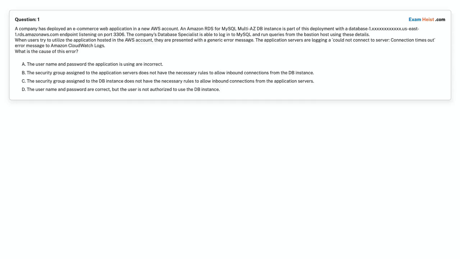Question 1. A company has deployed an e-commerce web application in a new AWS account. An Amazon RDS for MySQL Multi-AZ DB instance is part of this deployment with a database endpoint in us-east-1 on rds.amazonaws.com, listening on port 3306. The company's database specialist is able to log into MySQL and run queries from the Bastion host using these